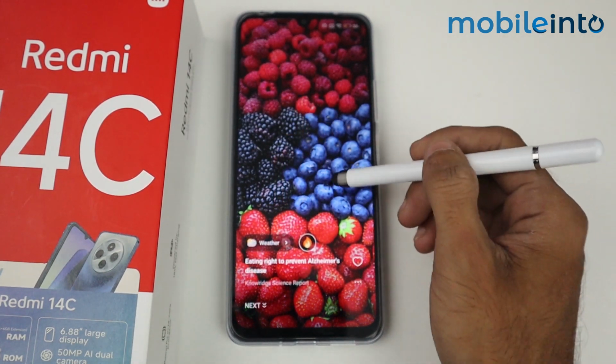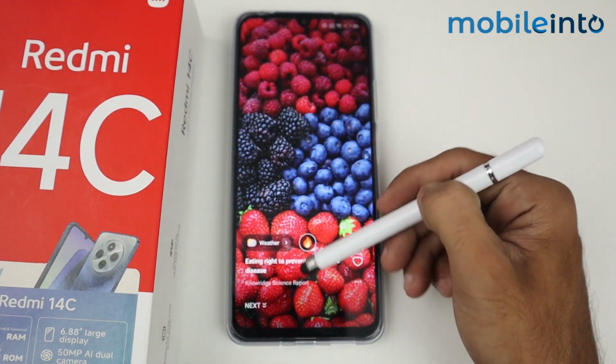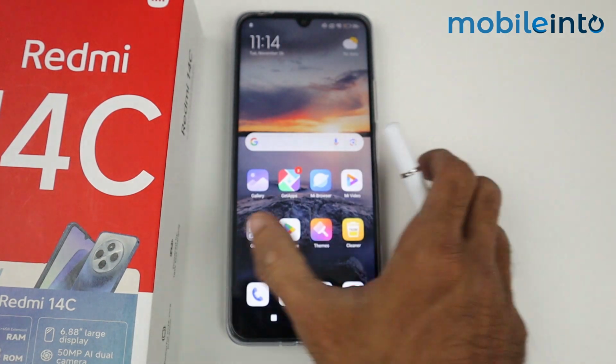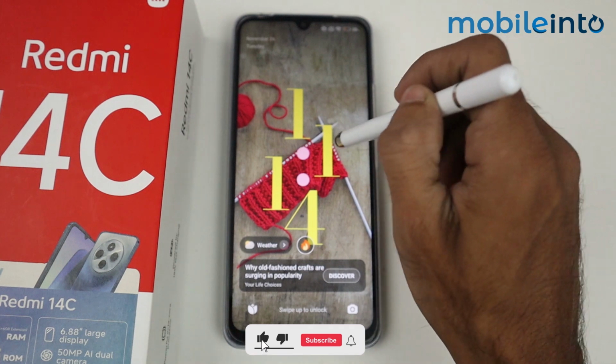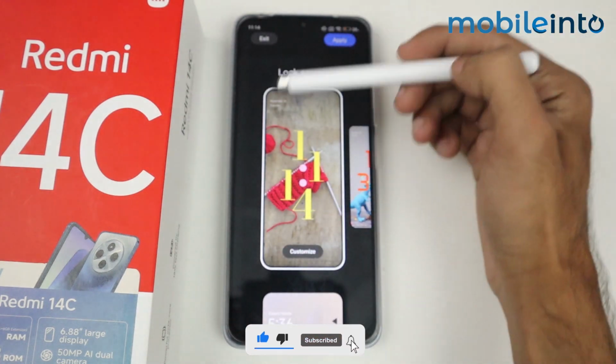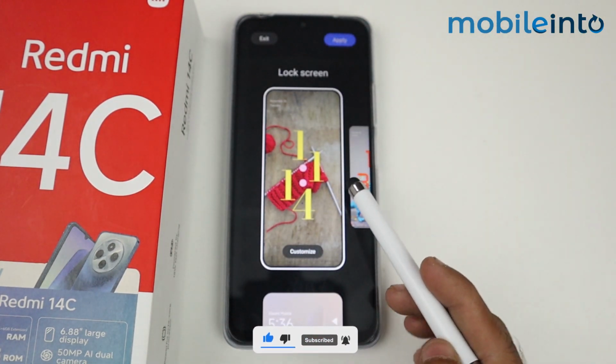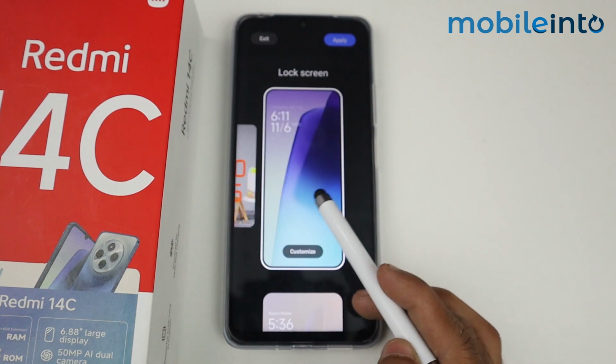In this video I'm going to show you how to customize your lock screen in Redmi 14C device. So first of all guys, just come to the lock screen and then long press here. After that we have an option of a lock screen, so we have all these lock screen wallpapers